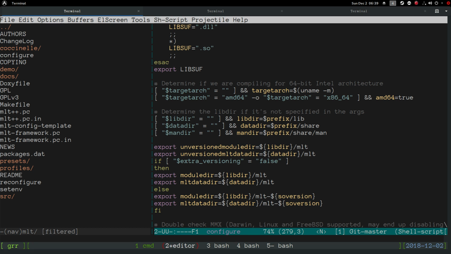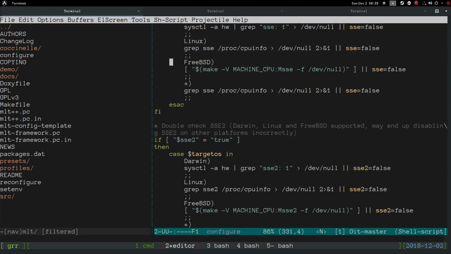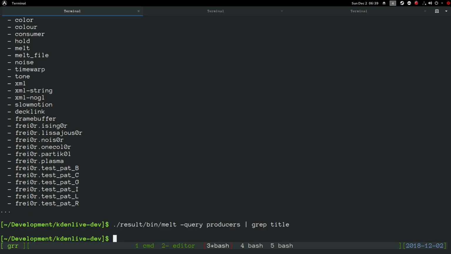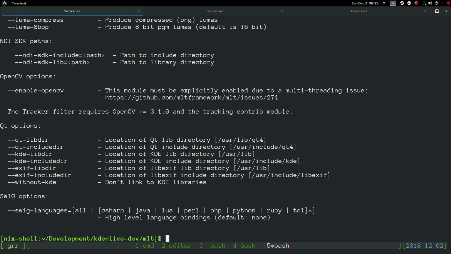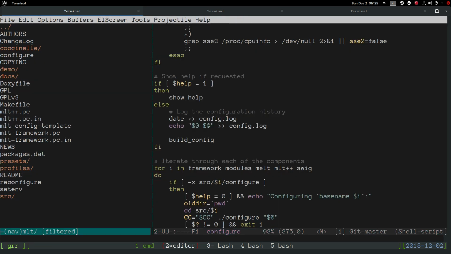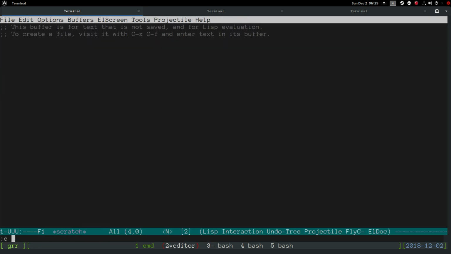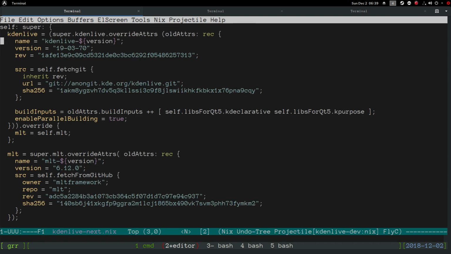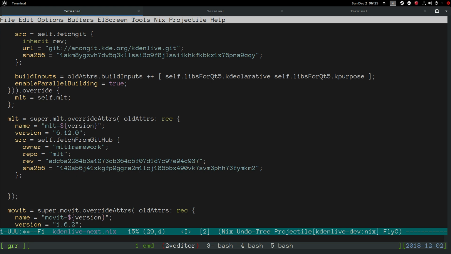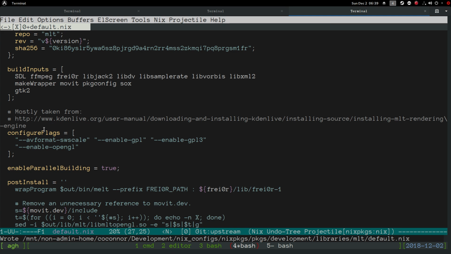We'll go for that. Don't think that's going to change anything, but go ahead and build it with enable GPL3. So what I'm going to do is I have my overrides here of the MLT build. This is the MLT build in